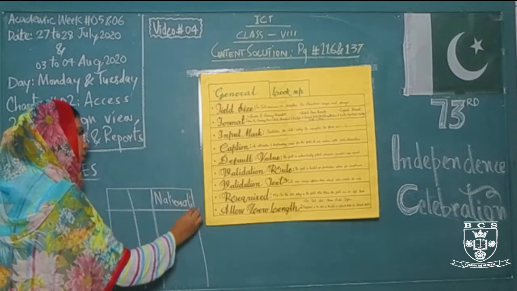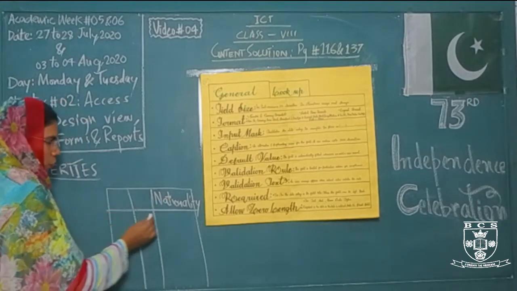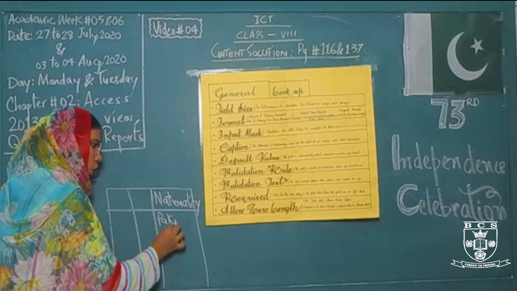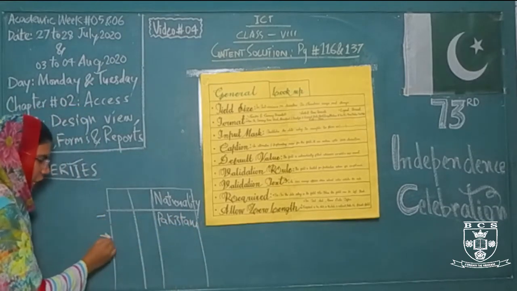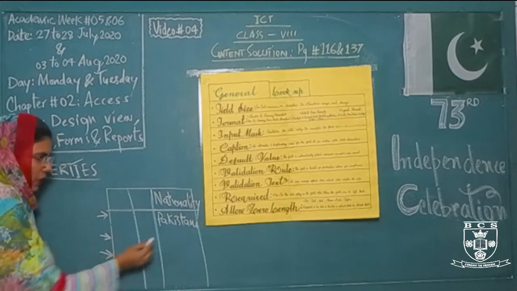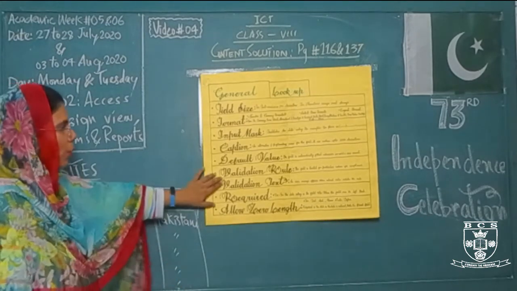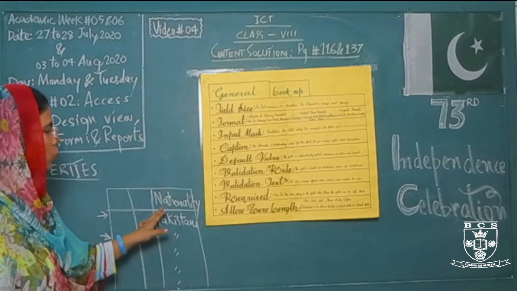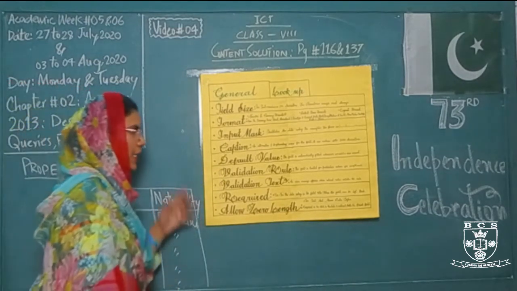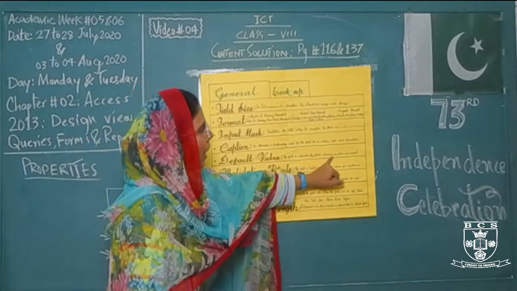Nationality means which country we belong from. So we belong from Pakistan, so we all are Pakistanis. So this field for every record that I am entering for a Pakistani will remain the same. So we can set this one property, that is default value, in this nationality field, so that the value is repeated again and again itself, and the field is automatically filled whenever we add a new record.